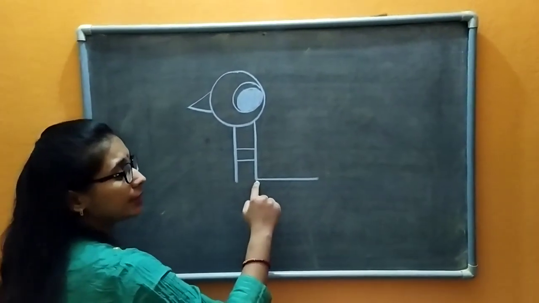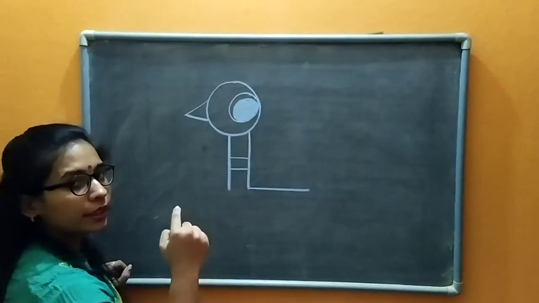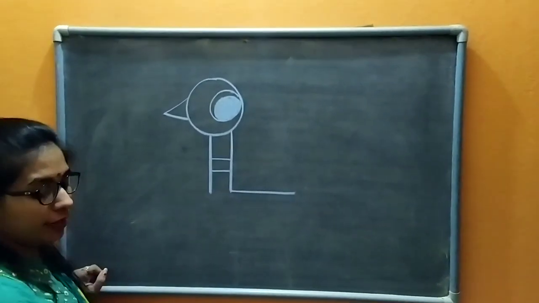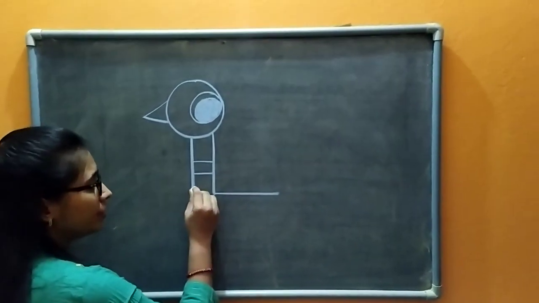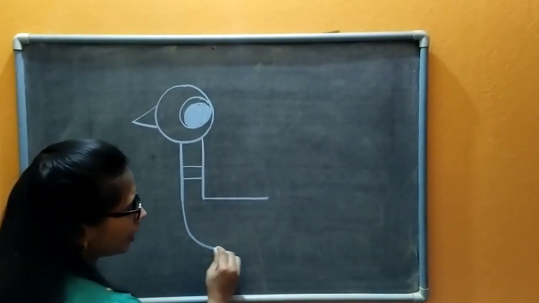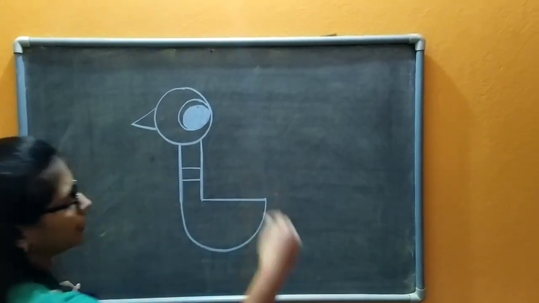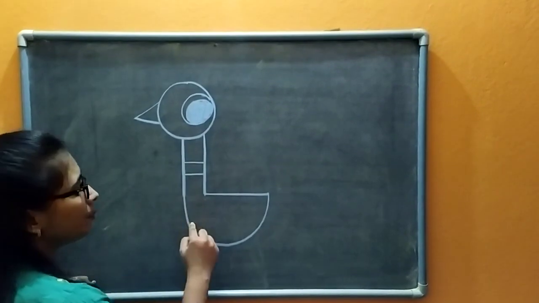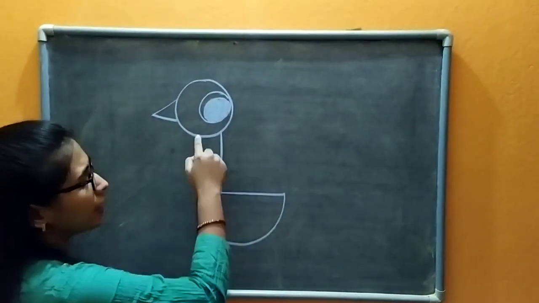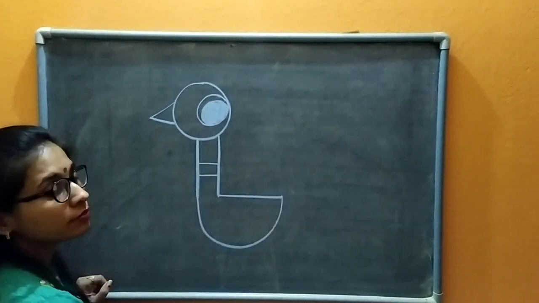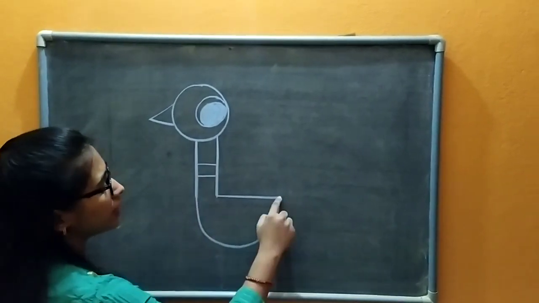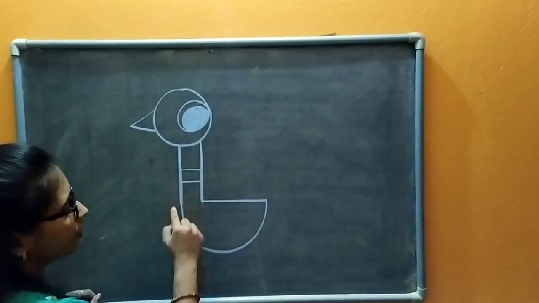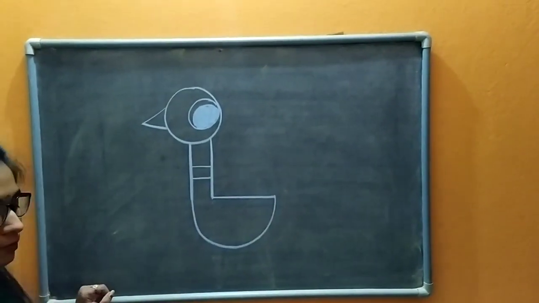अब आपको यहाँ से एक sleeping line draw करनी है. What you have to draw? You have to draw a sleeping line. Fine. Then turn this line in U shape and join it over here like this. Have you done? This shape is looking like J. Do we write J like this? It is inverse J. ये उल्टा J है ना? J तो आप ऐसे लिखते हो ना? ये उल्टा J है ना, it is inverse.